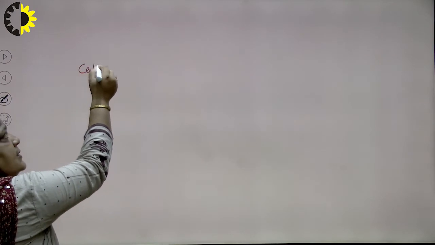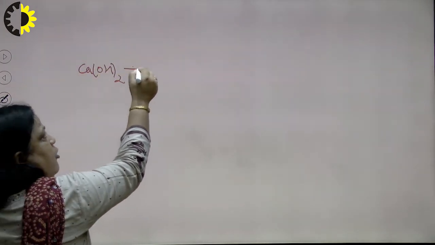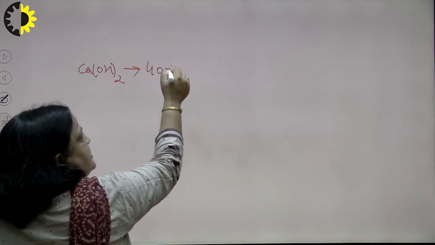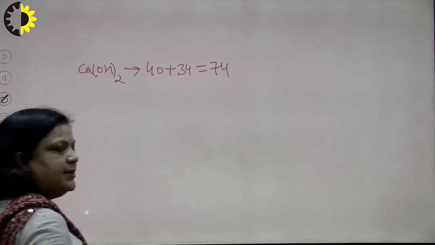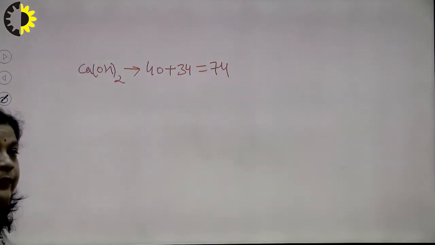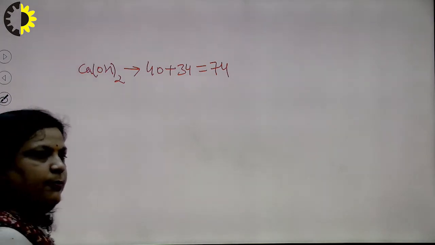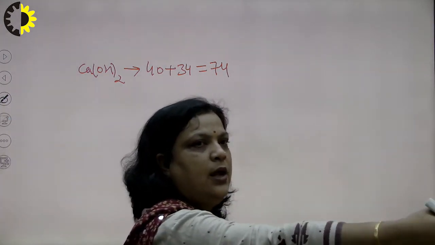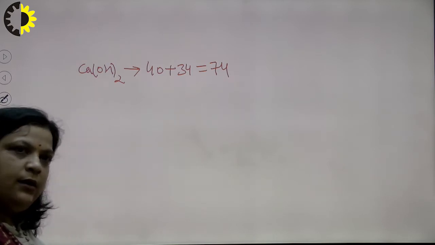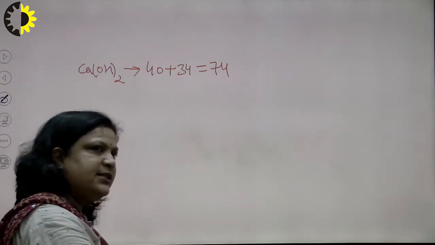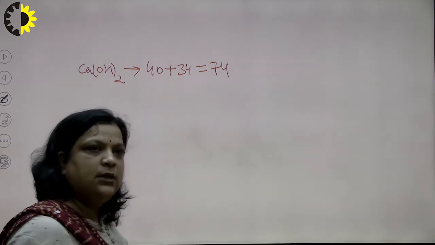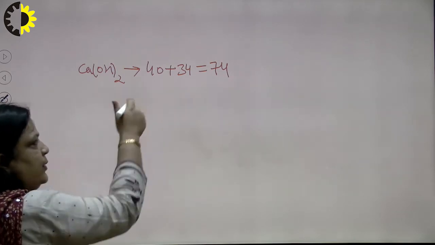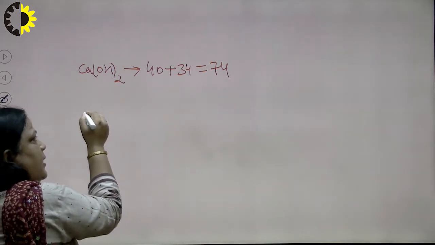Now, the lime required, lime Ca(OH)2, and if we find the molecular formula 40 plus 16 plus 1, 17, 17 plus 2, 34, so its molecular weight is 74. And the 74 part of calcium hydroxide is equivalent to 100 part of calcium carbonate. And in first step we convert all concentration in terms of or equivalent to calcium carbonate. So, if we correlate this lime, so we get lime required.